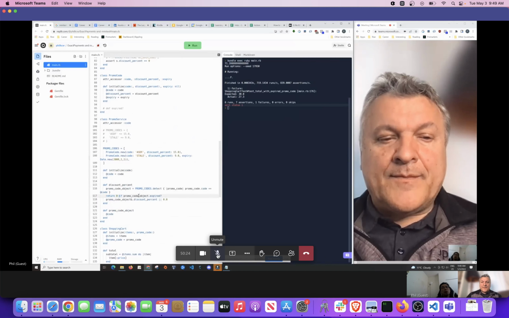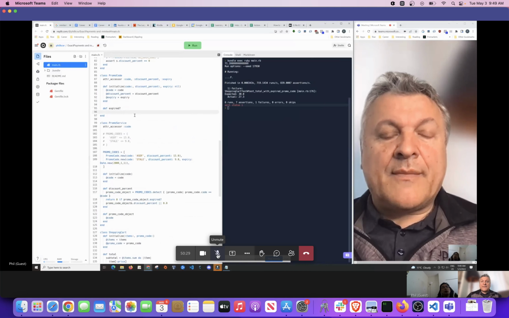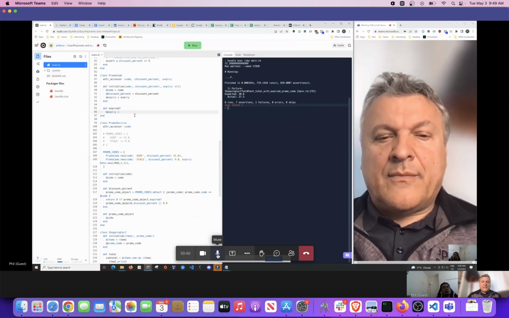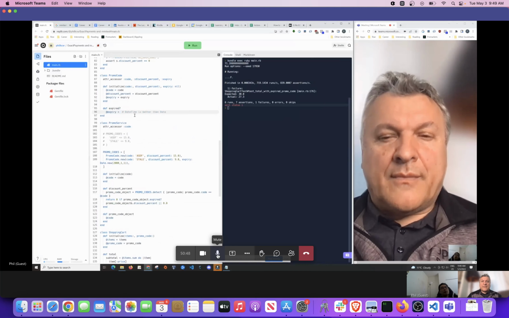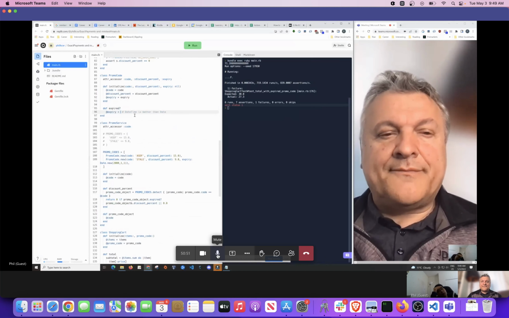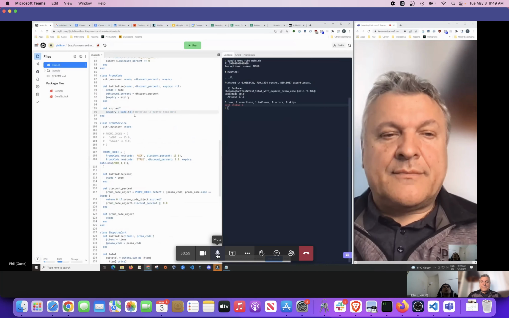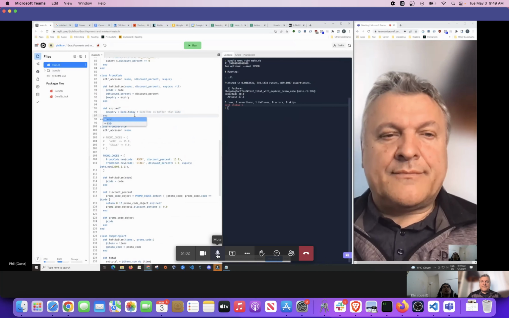And the promo code object is expired if expiry is less than... I actually prefer date time objects because date time is better than date, because you've got time zones and hours and minutes, but for simplicity and to make incremental progress, I'm just going to compare dates. So if the expiry is less than date today, then I think,